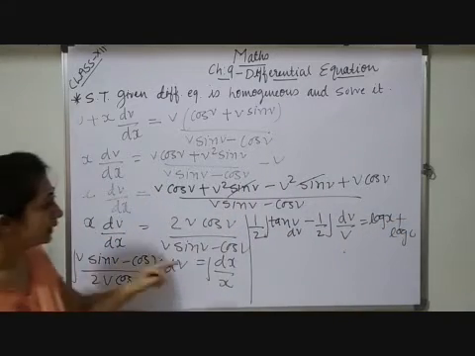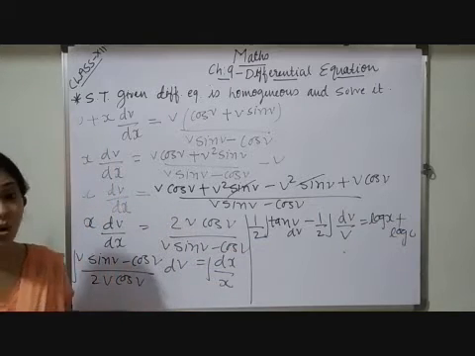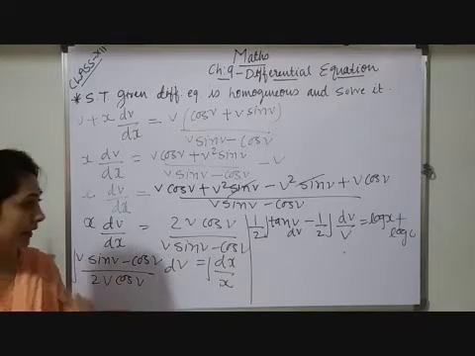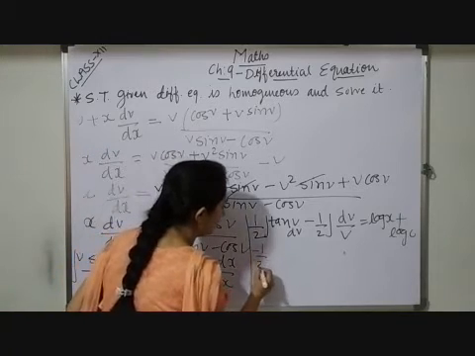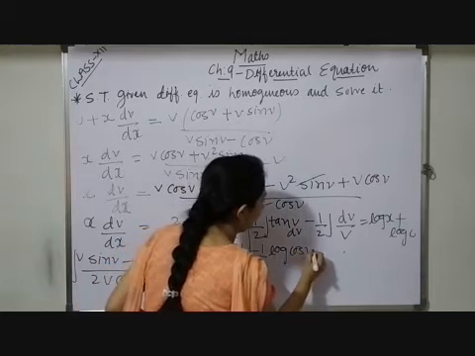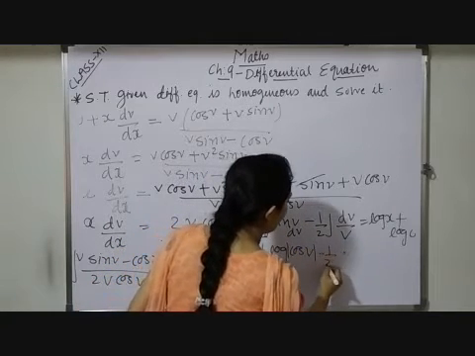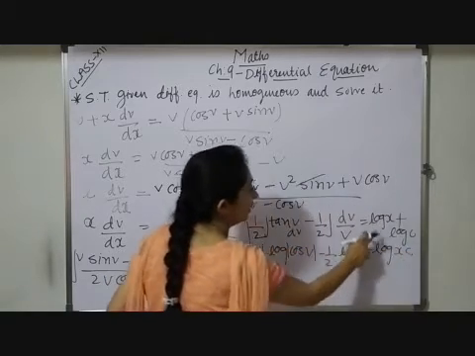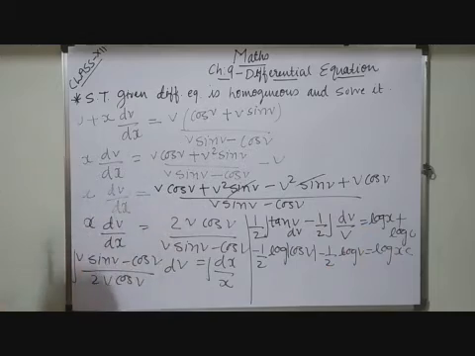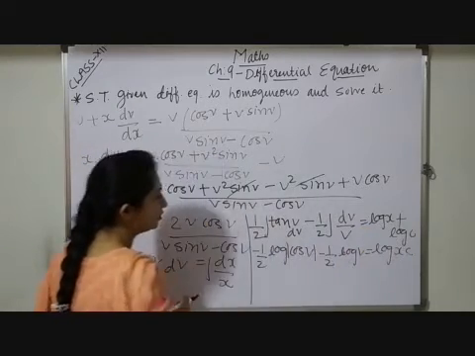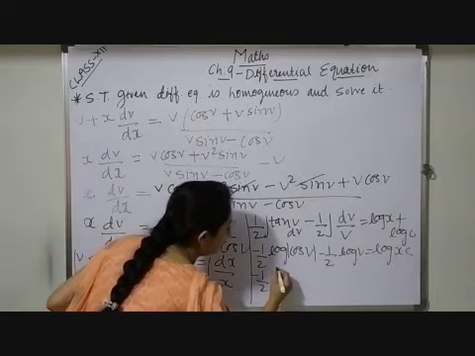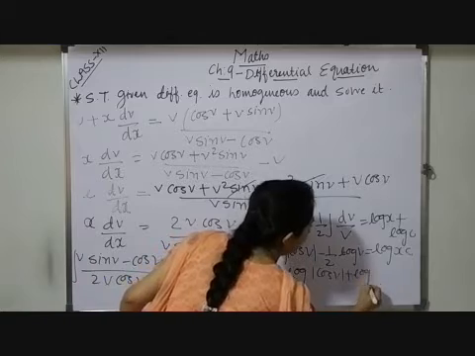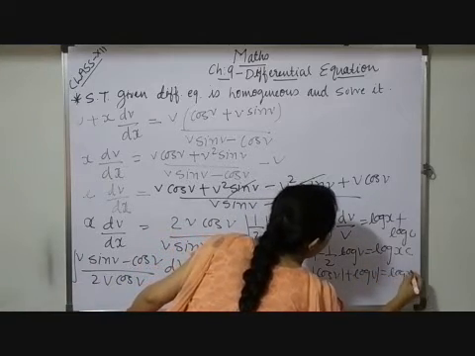Now here, integration of tan x is log sec x, or minus log cos x. Both formulas are there. Whichever one you want to apply, you may. So here I am writing minus 1 by 2 log cos v minus 1 by 2 log v, which equals, here I can write log xc. Log a plus log b formula, that is log ab. Now minus 1 by 2, if I take common, so here I will get in the inner bracket log cos v plus log v, which equals log xc.